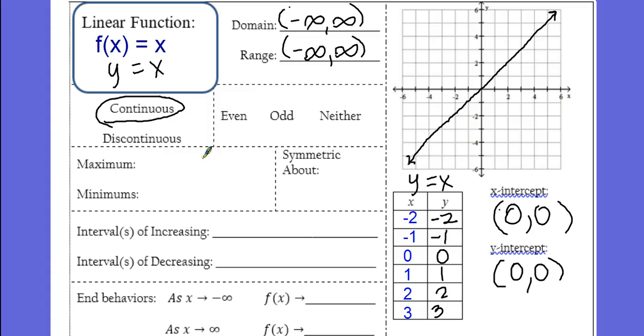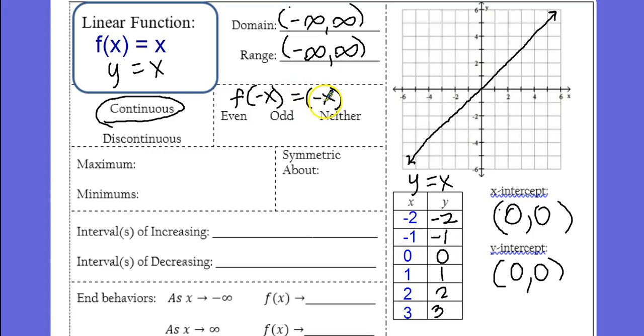Now, here's where I'm going to address whether it's even, odd, or neither, and we're going to talk about the type of symmetry it has. Now, I've given you some tips on how to immediately determine if it's even, odd, or neither, but let's go into a little more detail by using the mathematical proof that this is actually an odd function. To prove that it's an odd function or an even function, or neither, what you do is you plug in the opposite of the original function's input. So we're going to plug in the opposite of x, or a -x. When I do that,